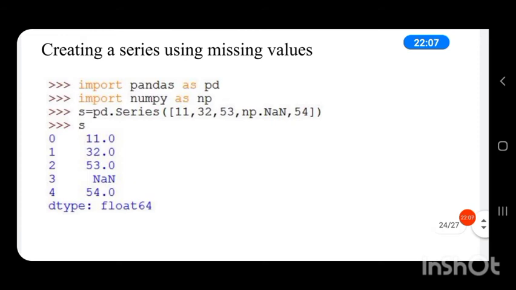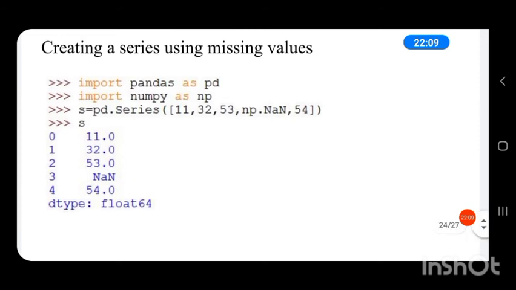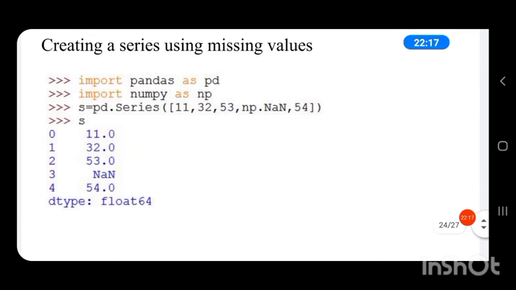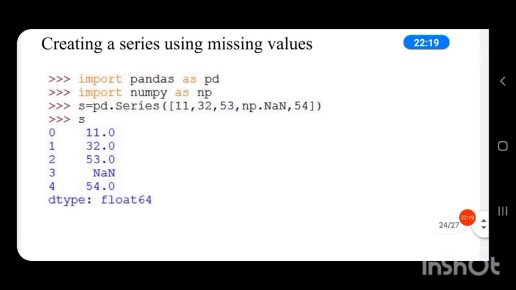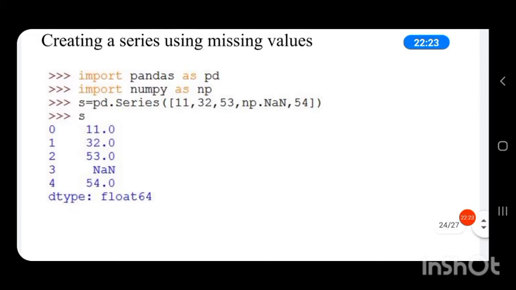So if we want to create a series whose value is to be added in the future, then we can use the attribute provided by NumPy, that is nan. With that attribute, we can create a series with missing values.